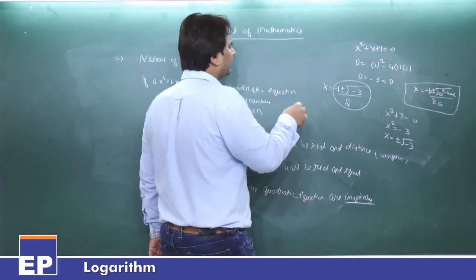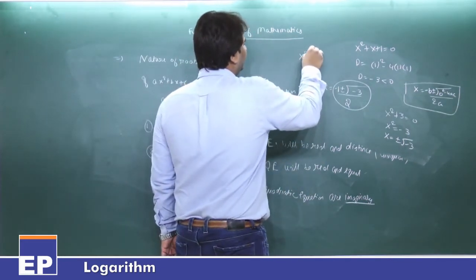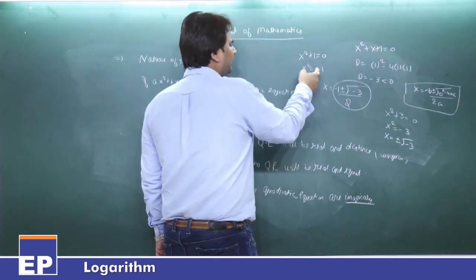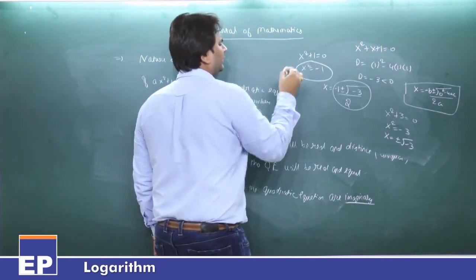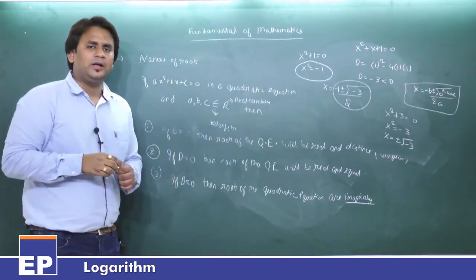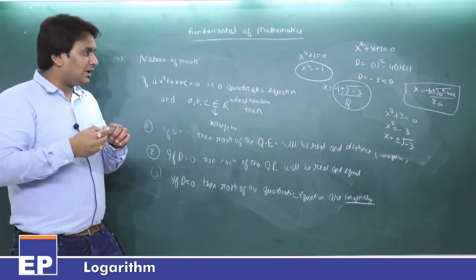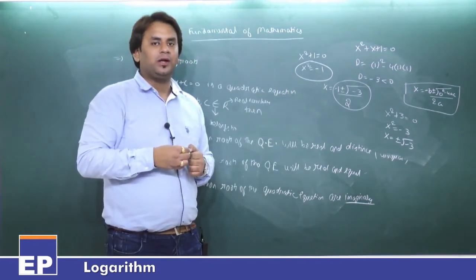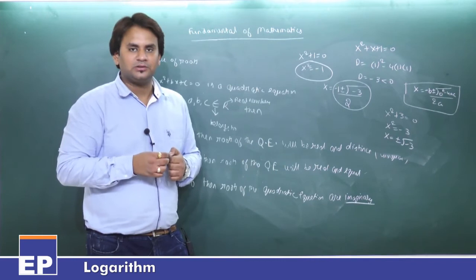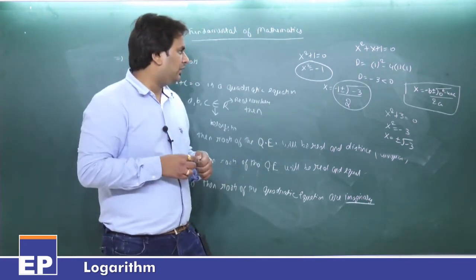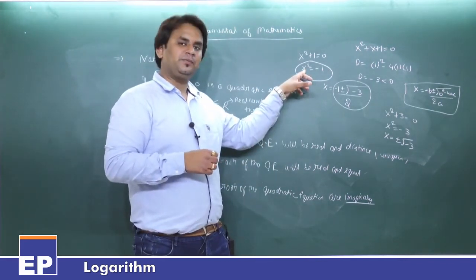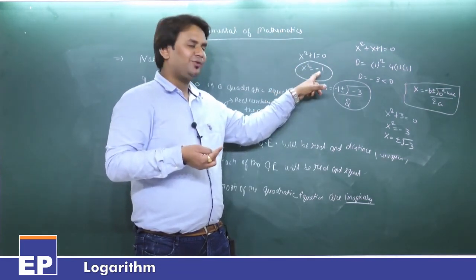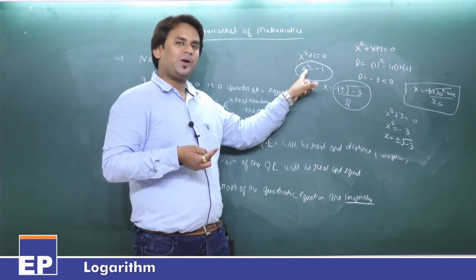We can take a lot of examples. x square plus 1 is equal to 0. x square is equal to what? Minus 1. Very critical case. x square is equal to minus 1 means the square of some quantity is coming out to be negative. It is not possible in the case of real numbers. Take an example. If I take x is equal to minus 1, then minus 1 square is equal to 1, but the answer should be minus 1. Minus 2 square is 4.